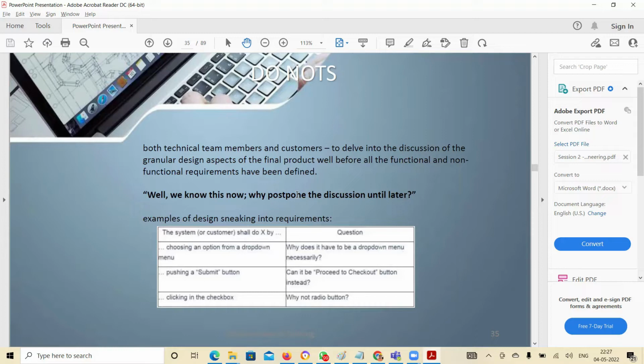Sometimes it may not be clear. We said that you should not focus on implementation detail. Why should it be a drop down? Why not a checkbox? Why not a radio button? Why only drop down? At BA level, we should not be getting into the design aspect.